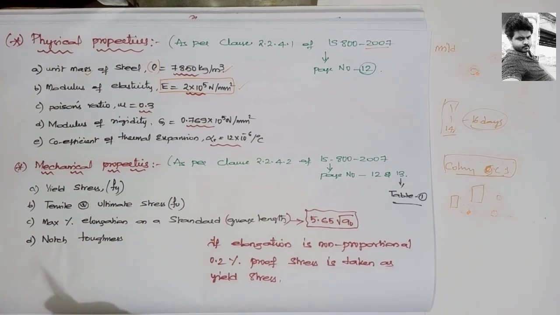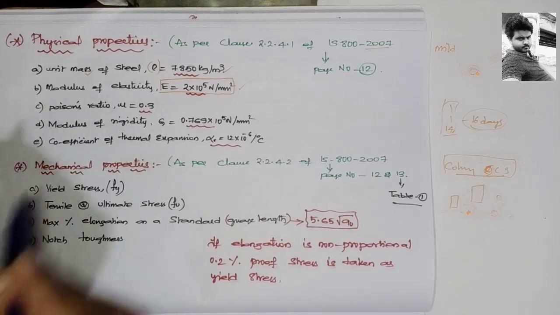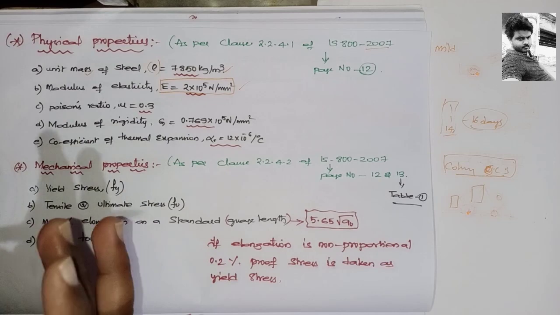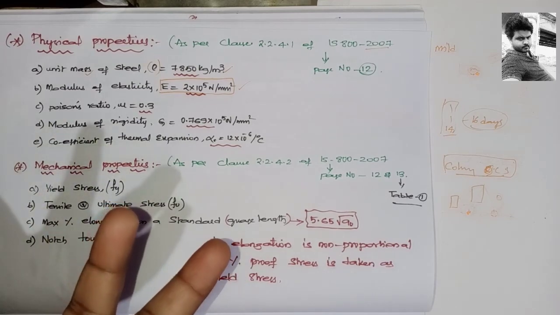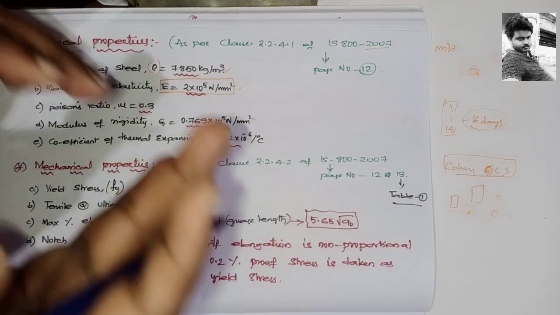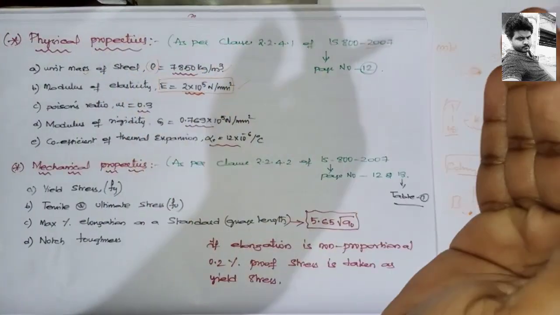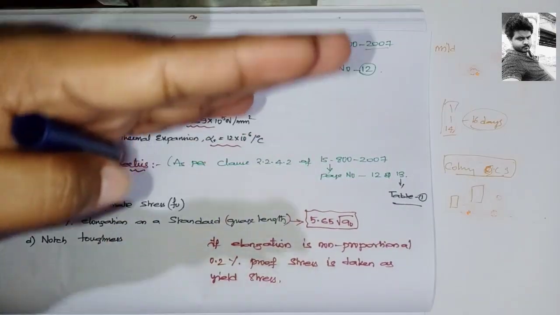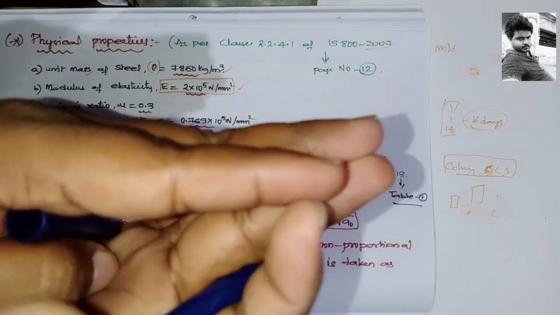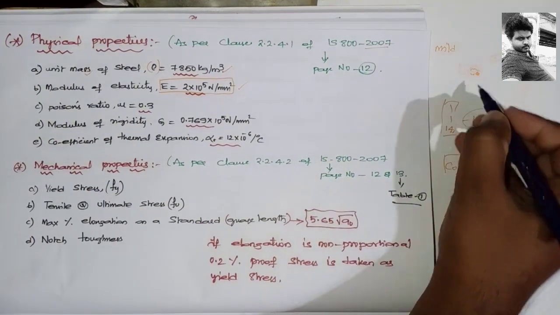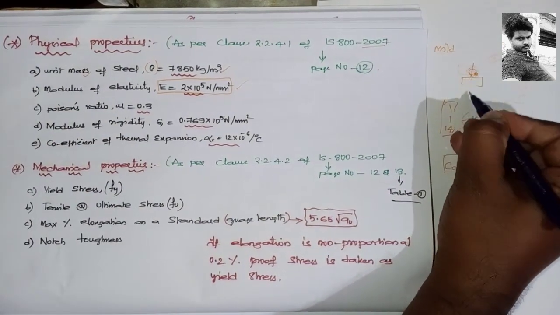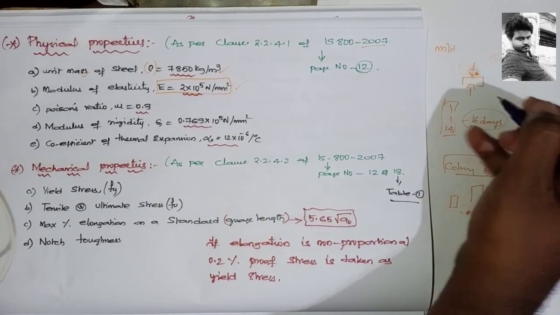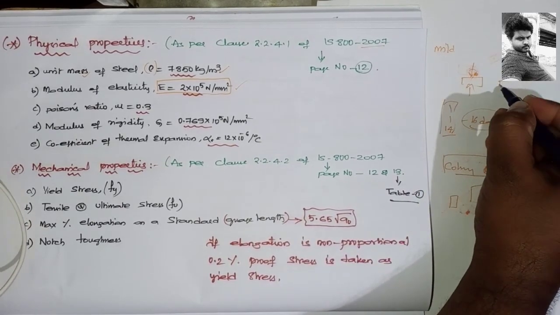Lateral strain to longitudinal strain is nothing but this: whenever a member is applied with a load, it is going to change its dimension in both directions. One is this direction and one is this direction. So lateral strain to longitudinal strain means if I apply a load like this, the strain will be like this, reducing in one direction and at the same time increasing in the other. Suppose a member is there and I am applying a compressive load, what happens? This structure may become like this. Means what?